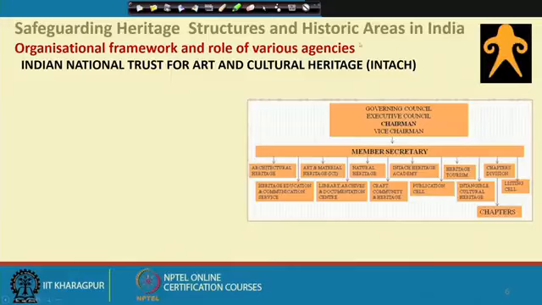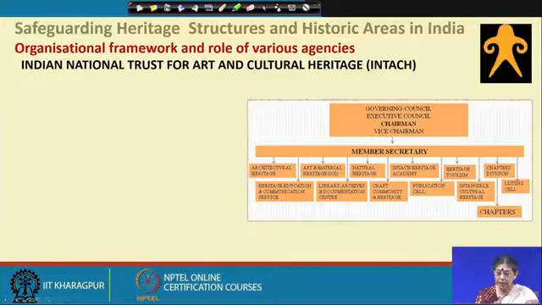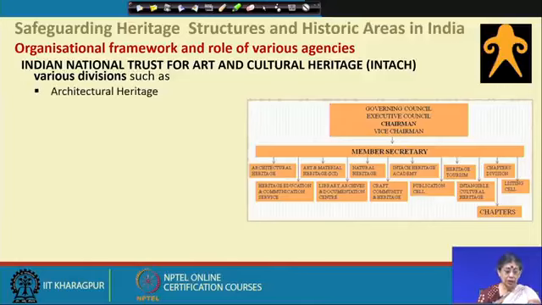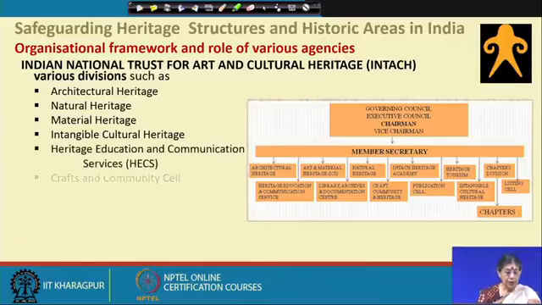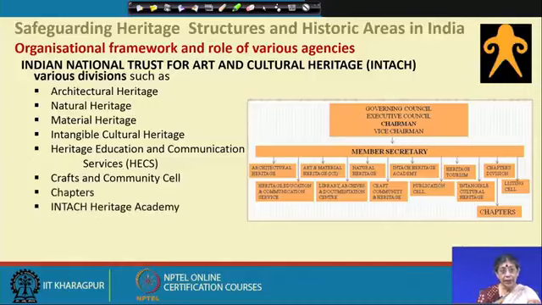This is the structure of INTACH, where there is an executive council, the vice chairman, and the member secretary, and under that there are the various divisions, and then there are the chapters, which are the local chapters. So, let us see what the various divisions are. There are architectural heritage, natural heritage, material heritage, intangible cultural heritage, heritage education and communication services, crafts and community cell, chapters, and the INTACH Heritage Academy, which